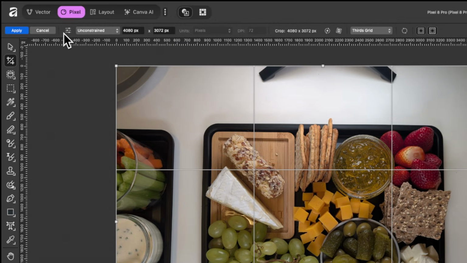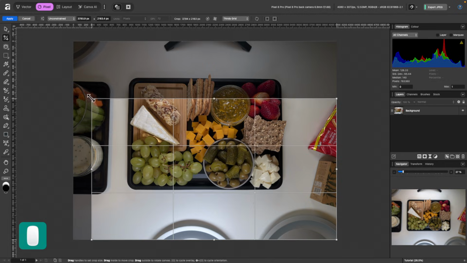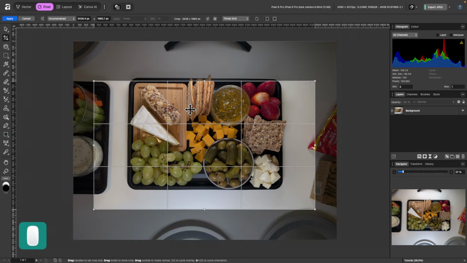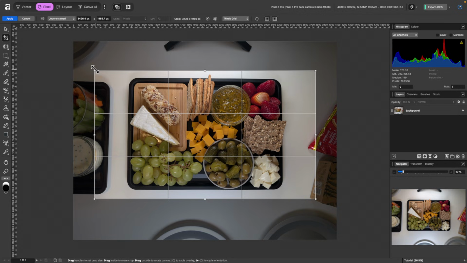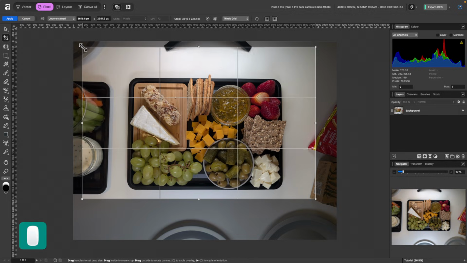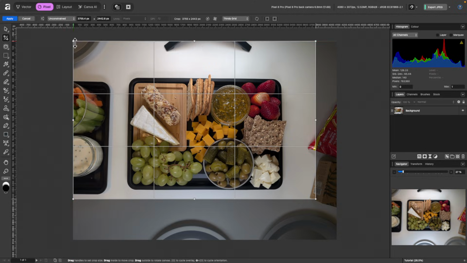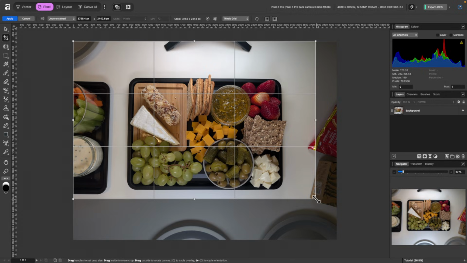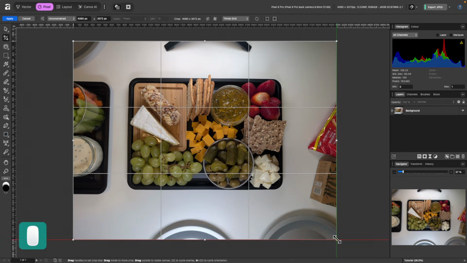So if we look in the context toolbar at the options that we have, right now it's on unconstrained. So if I click and drag this around, you can see it's not constrained at all. And I can click and select and kind of place it around wherever I want it to be. And then I can click apply. Okay, so I'll just click and drag it back to where it was. You can see it's snapping in place. And that is because I have my snapping turned on at the top right up there, just like I was showing you earlier. So I'll just bring it back to normal.